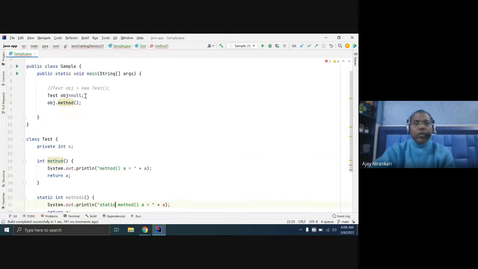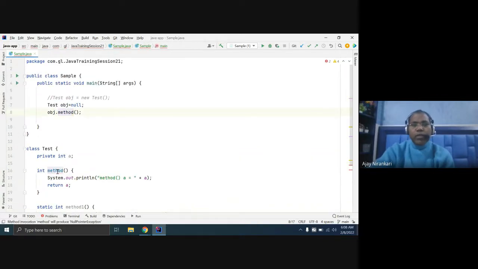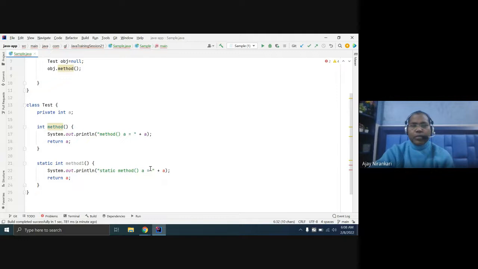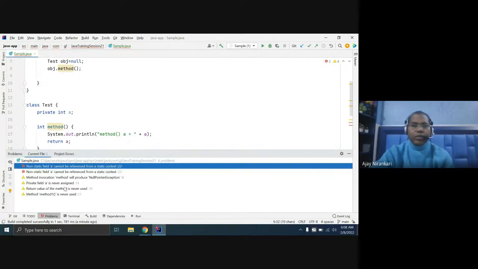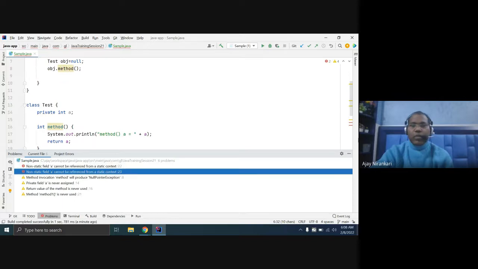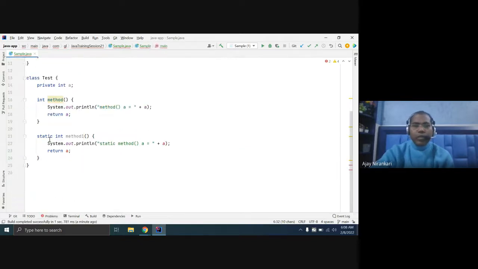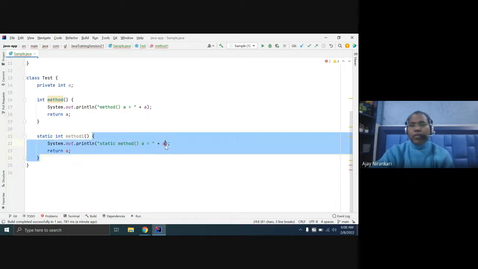If you try to access any non-static method, you must have the object. What is this saying? This is a variable, as usual. This is the static method, so it can access only a static variable.